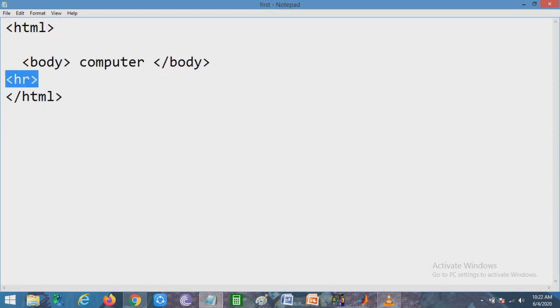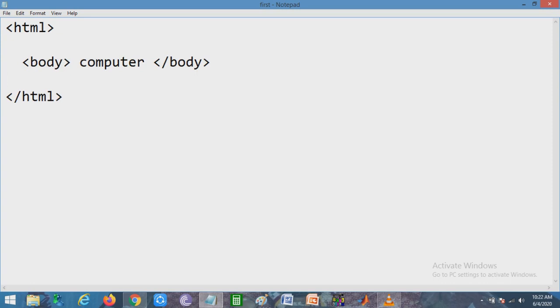Suppose I am writing HTML, then body, then computer, then the body end tag, and then the HTML end tag.